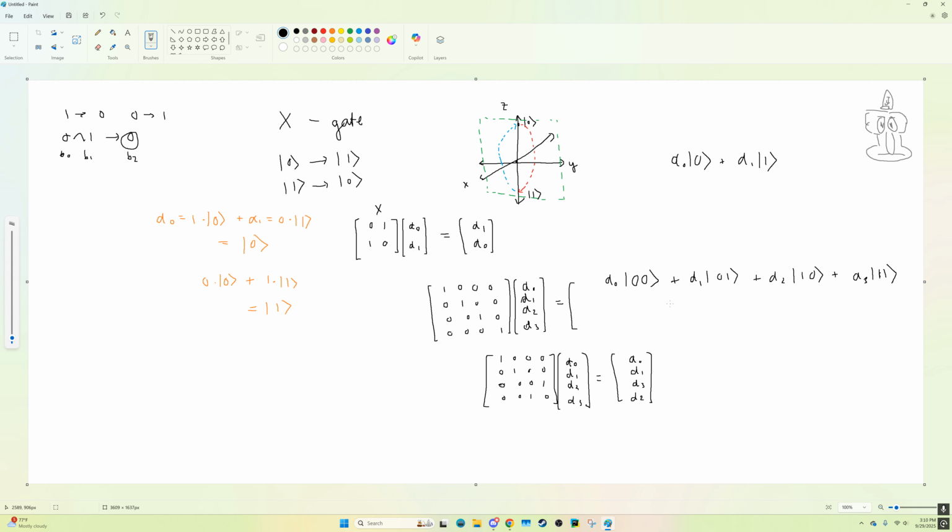And then if you break it down into this representation right here, you'll see the alpha 0 basis vector is the same, the alpha 1 basis vector is the same, and now alpha 3 times |10>, or if we keep the coefficients in place and we change the basis vector locations,